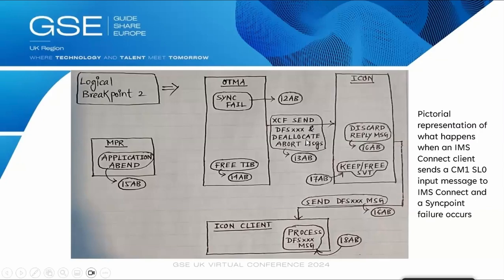So OTMA sends these 2 messages to IMS Connect via XCF, right? Over here you can see OTMA sends these 2 messages to IMS Connect via XCF. The messages can arrive in IMS Connect via XCF in any order, right? Moving on to 14AB, again on the OTMA land, OTMA will delete the TIB control block. Moving on to 15AB on the Ampere land, phase 2 sync point will also fail since the phase 1 sync point failed. So phase 2 sync point fails on the Ampere side, and the application program on the Ampere side